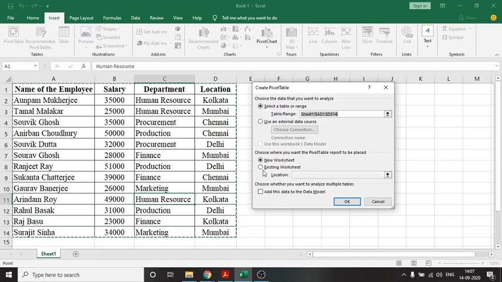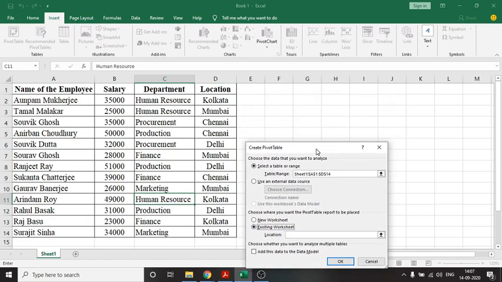So for that, what I will do, I will click on existing worksheet, and it will ask for a location. Now I will shift this dialog box once, and let me choose this cell from where the pivot table will be displayed. So what I did, I clicked on existing worksheet, and for the location I have clicked this cell, so that the pivot table will be displayed from this cell.